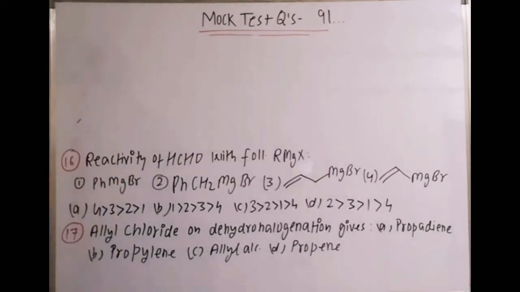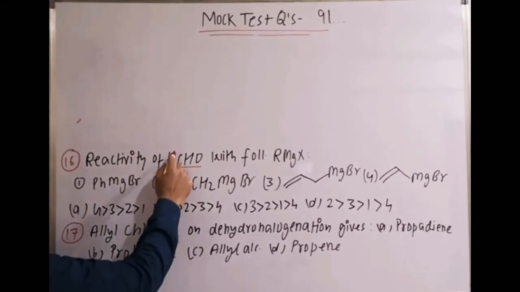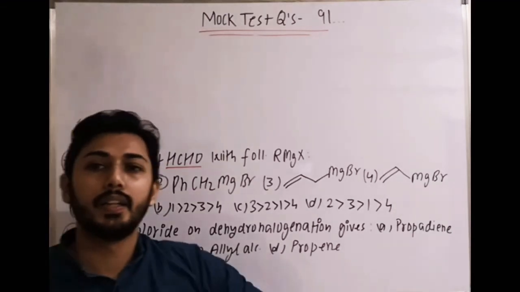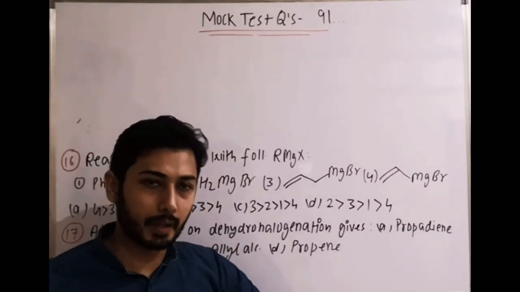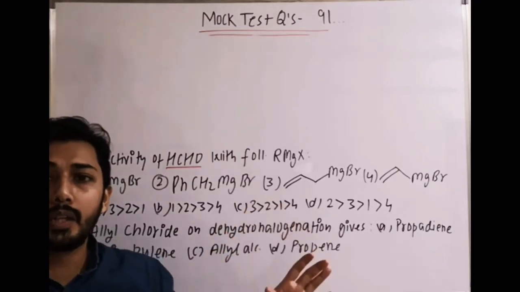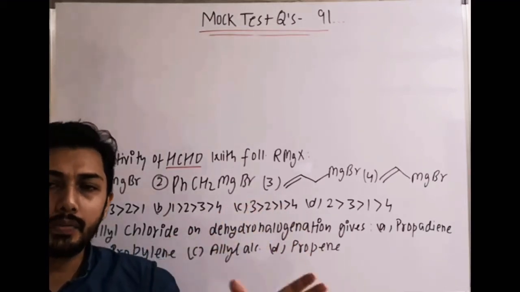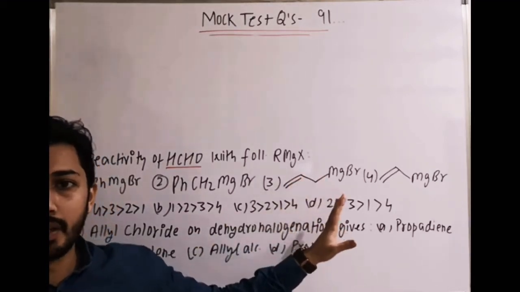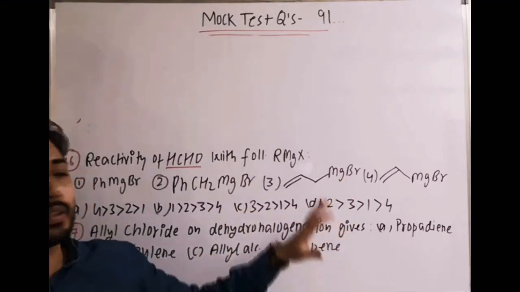Next question is again a question where by elimination we can answer it only. The reactivity of HCHO, formaldehyde, with following Grignard reagent. We know Grignard reagent will attack and nucleophilic addition will take place. So these are the four compounds, and that is the order. We have to find as per the option, because generally we do not compare different alkyl Grignard reagents, because there are several factors which decide the reactivity, which depends on the solvent used, and in different solvents the reactivity order of the alkyl Grignard reagent is different. So that is a general question asked. So by the options we can think over it.